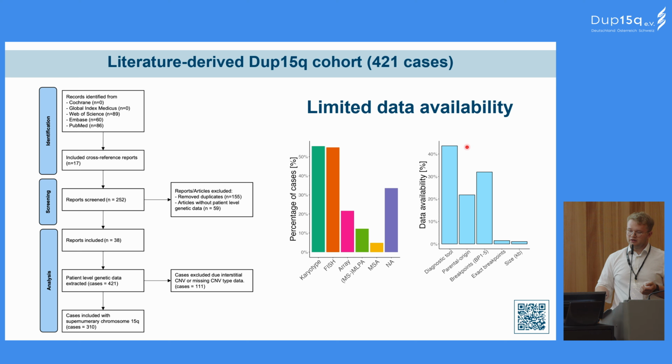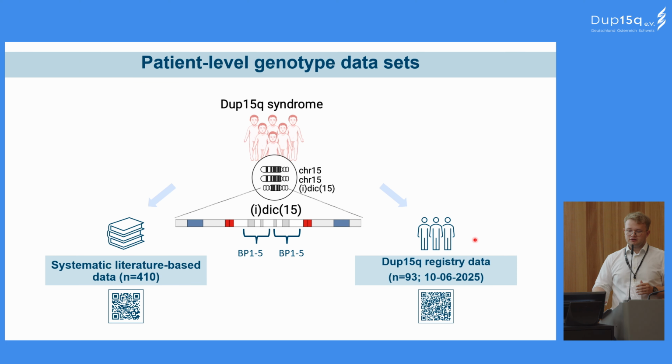There's also some highly limited data, especially regarding the nucleotide level of the breakpoints involved and also the size of the copy number gain. This is really highly limited in the current literature. So now you have a short impression of this data set. You already heard something about this data set, so we also have an increasing number of individuals from our registry,